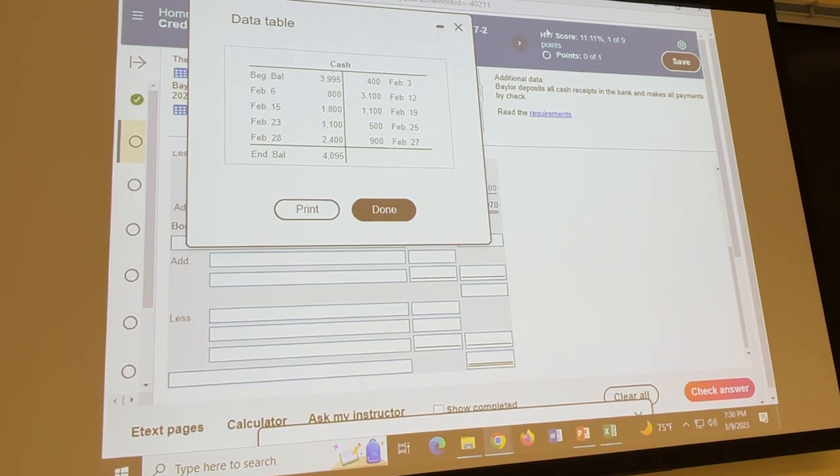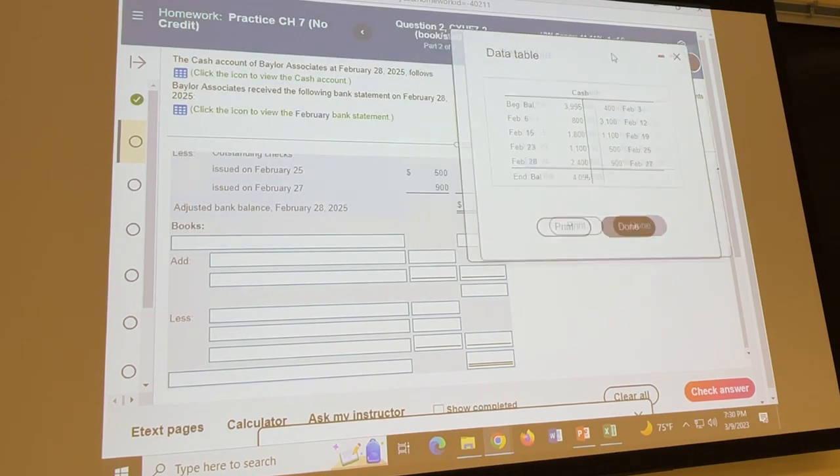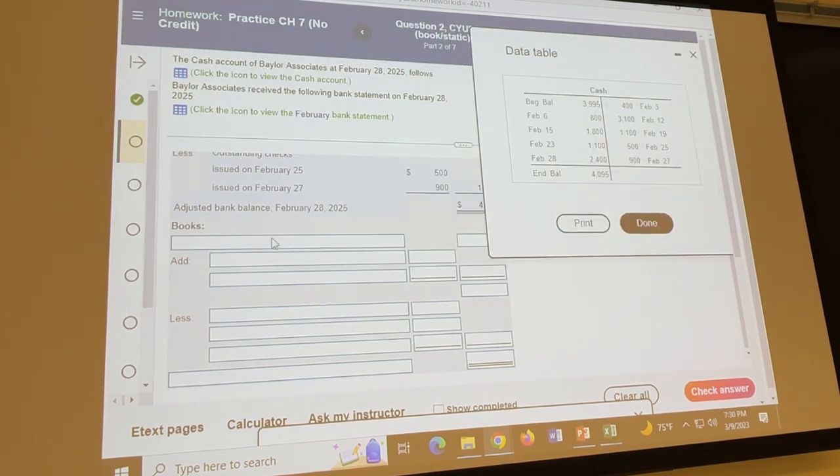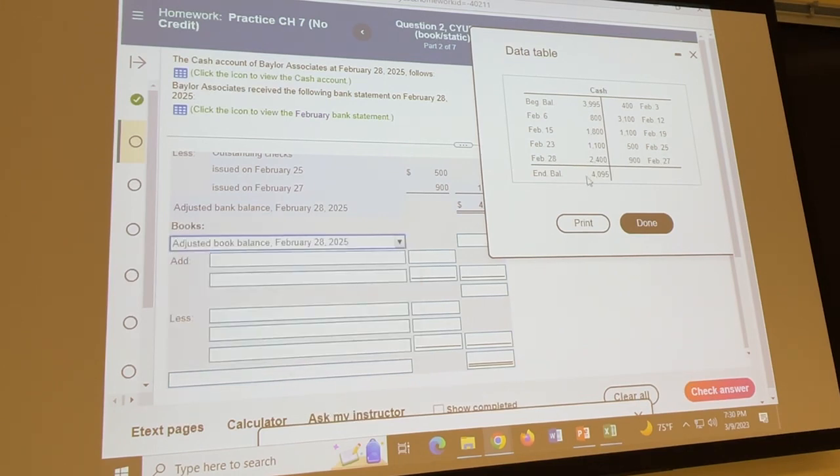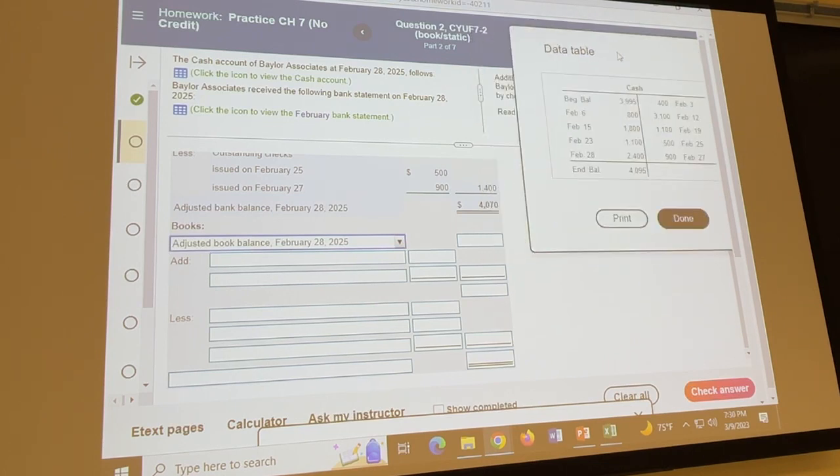Okay, now we're going to do the book side. So we start with the adjusted book balance, and from our T account, that's the figure that's labeled as the ending balance, so that would be 4095. And then what we add,